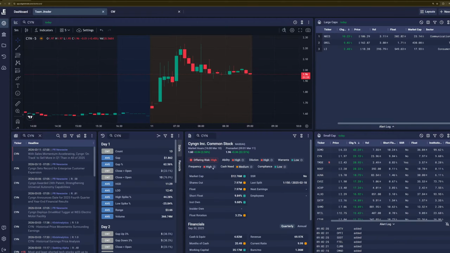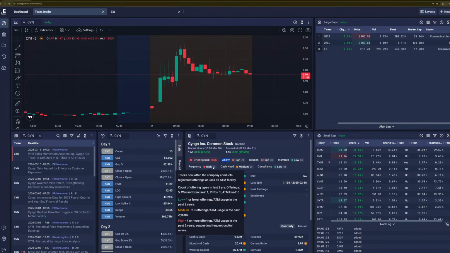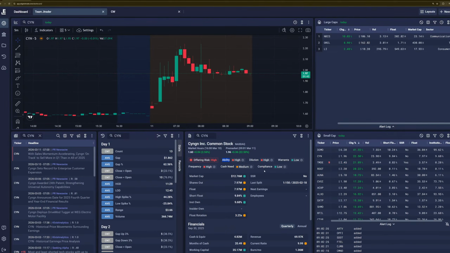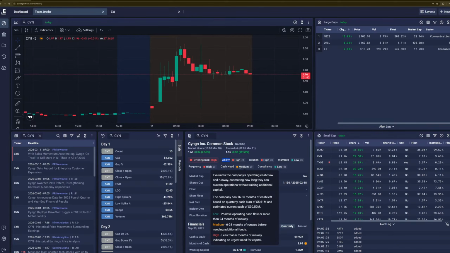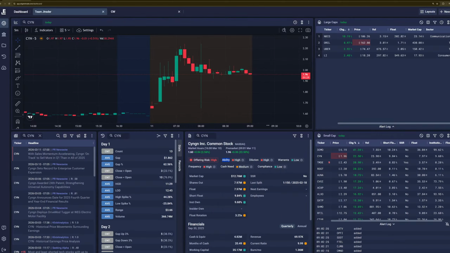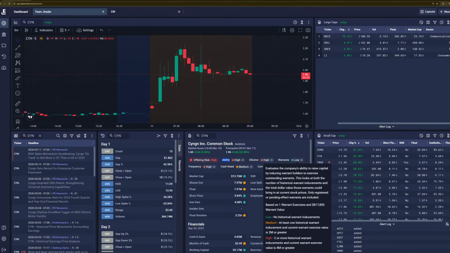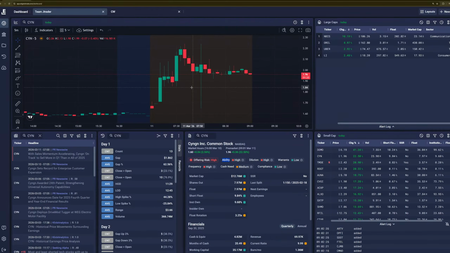If you go over here, guys and gals, you can see that we have offering risk high. So they actually have dilution. You can see the frequency of dilution is high, okay? So they have many offerings per year, and the cash need is medium. Over here, it's written that they need between 6 and 24 months before they erase all the cash they have in order to survive. One last thing, warrants are low, but even if they're low, that doesn't mean it cannot dilute, okay? So let's go check